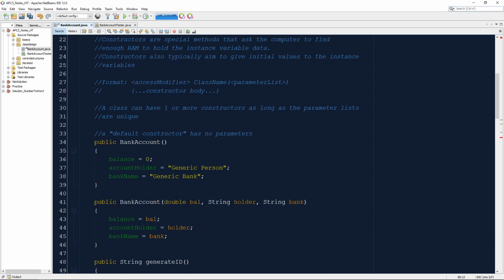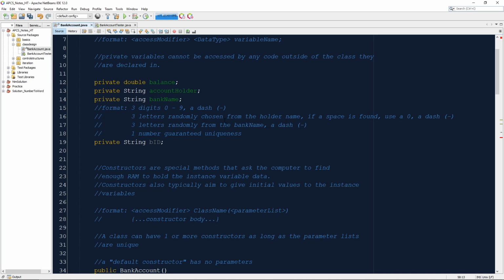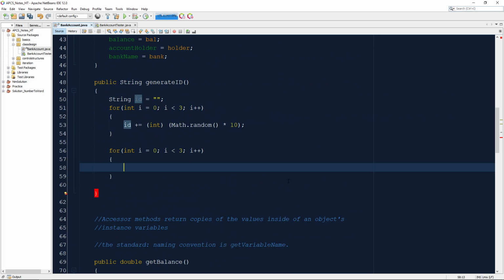So our premise is pick a random letter from the holder name. If it's a space, because remember, the holder name might be a first and a last name, so we have to be careful of that space, or multiple last names, or multiple first names, or middle names. And so we should check if it's a space, we're just going to stick a 0. So let's pick a random spot, and so we'll say string randLetter is equal to, and so we're going to do,